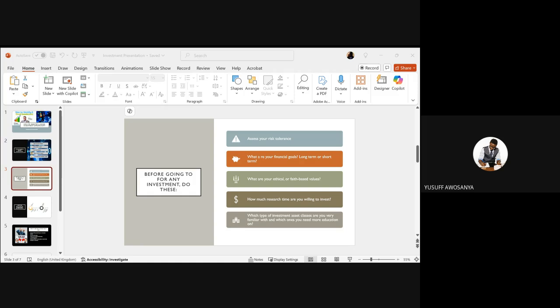So Okwemi is asking the difference between ESG investing and impact investing. Well, impact investing is like an encompassing word, covering ESG investing, Sharia compliant investing, and also impact investing, which is just things that impact society positively. So kind of like mission driven. They have a purpose for why they are investing.